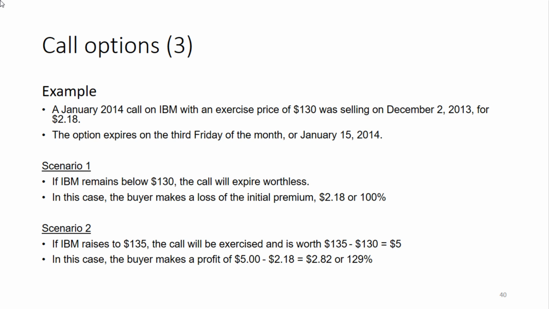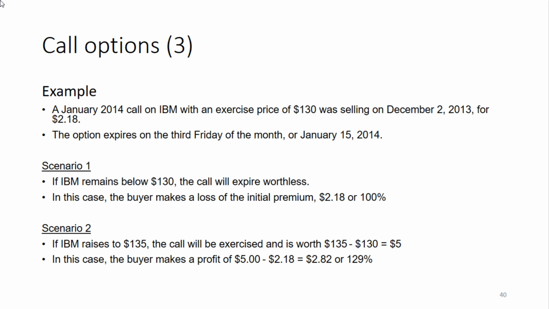So let's now look at this call option as an individual security. Then you say, well, I originally paid $2.18 for the security. Now at maturity moment, I see that the option has no value, or zero. So that means that I lose my full investment of $2.18, which is a loss of 100% basically, if I would consider this option to be an individual investment. Let's look at the second scenario.